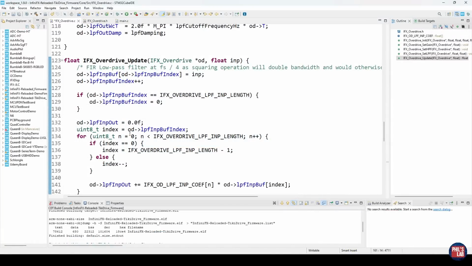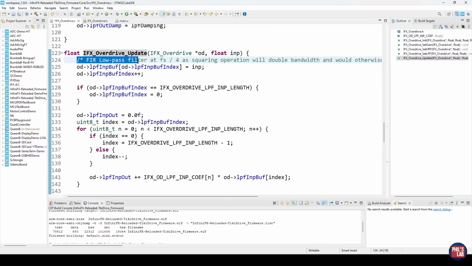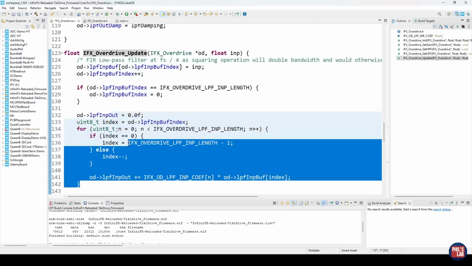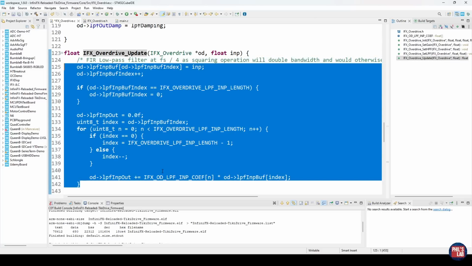Now, in the software project, also from the previous video, we have our overdrive update function, which takes in our current input sample, which we retrieve through the ADCs from the codec. Right now, I've left in the FIR low-pass filter from the previous video, which has a cutoff frequency of fs/4. It might be worth playing around with decreasing that cutoff frequency to attenuate the effects of aliasing distortion even more. But all this is doing is running through an FIR low-pass filter, and I do also have videos on that